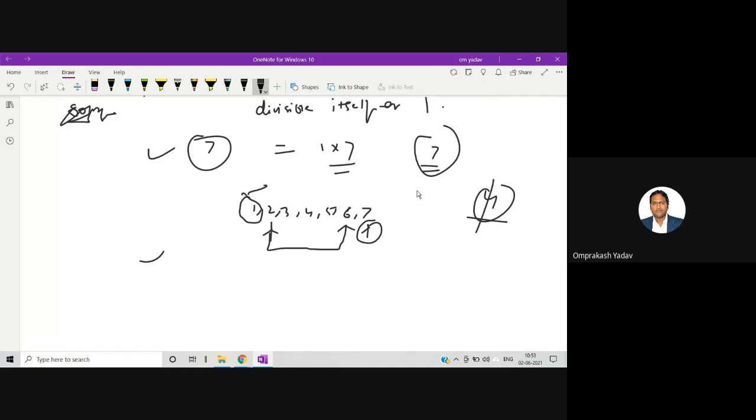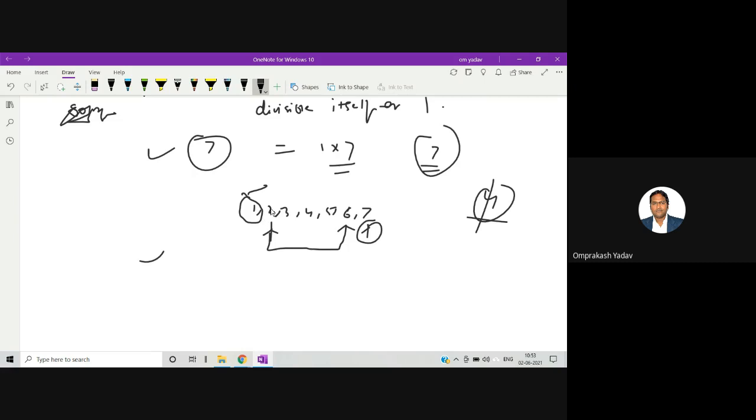There are lots of different algorithms to check. For example, if the number is very big, then we can take the square root of that, and divide only till that number. In that way we can reduce the list of numbers to check. This is a simple algorithm which I am explaining to you.